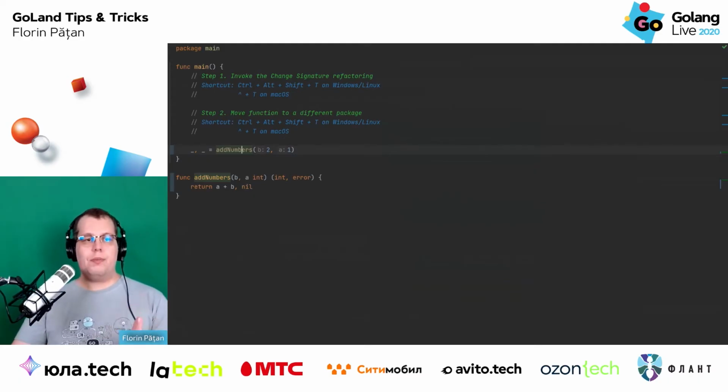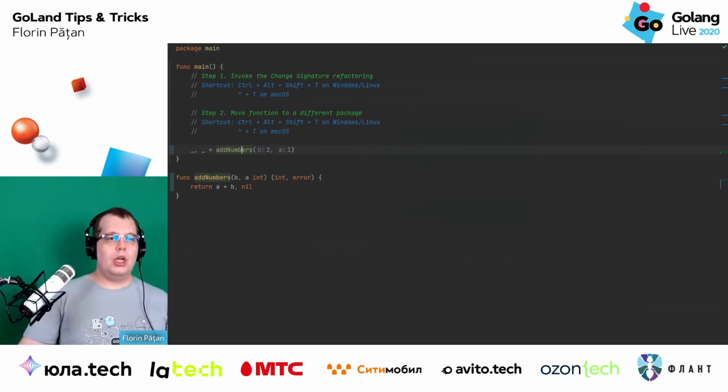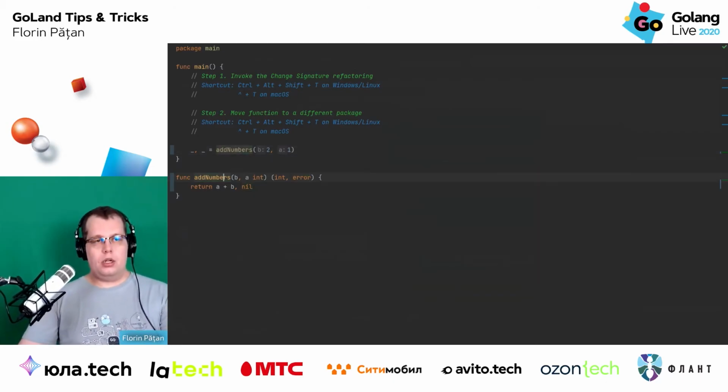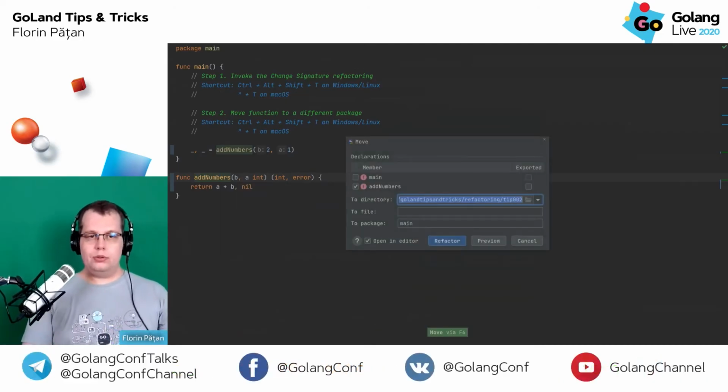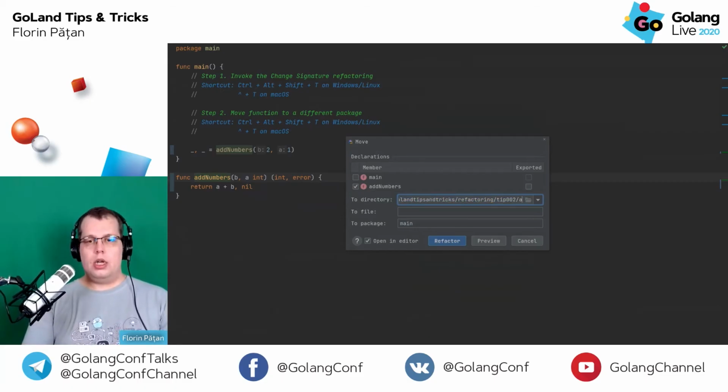So I've exchanged the parameter places. I could change the function name if I want to. And I also added the error type. Not only that, but I can access the refactor this, say move, and then when I move this, I can say add here,